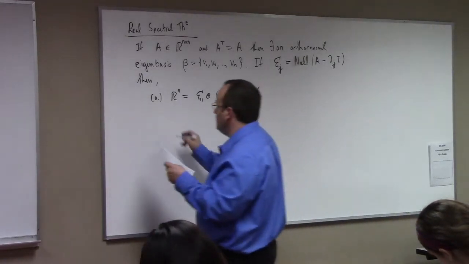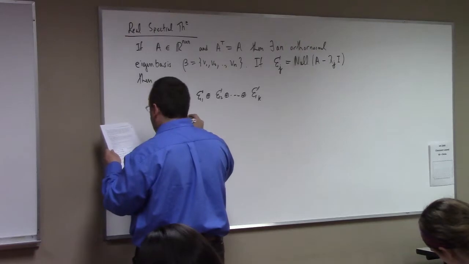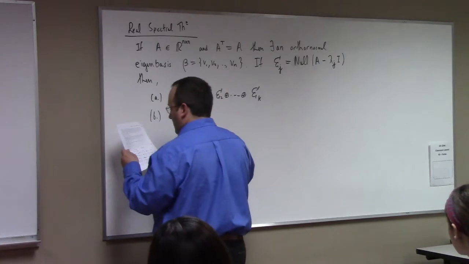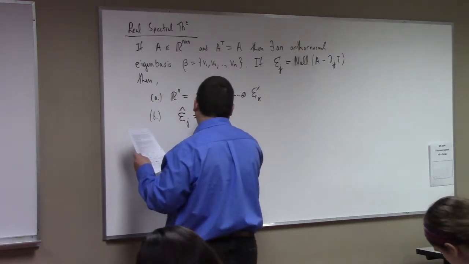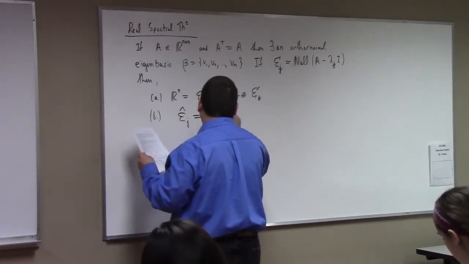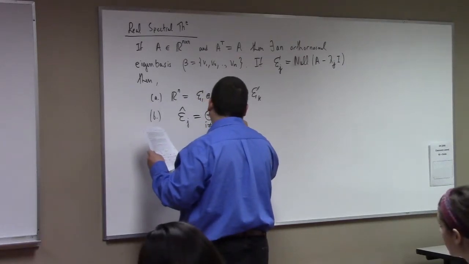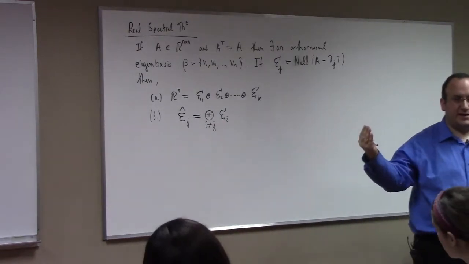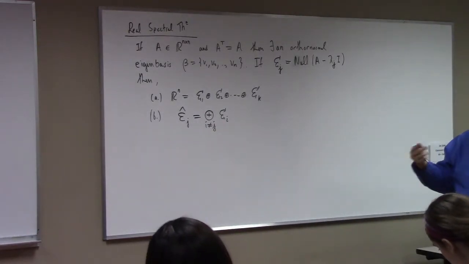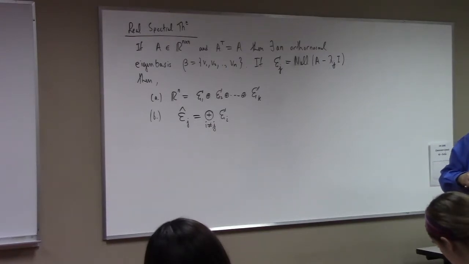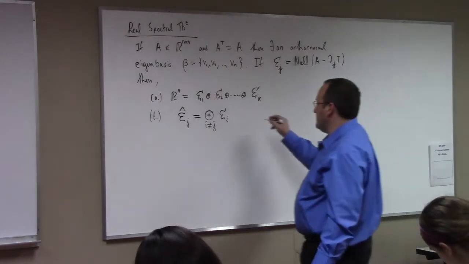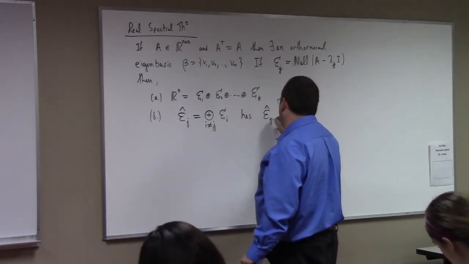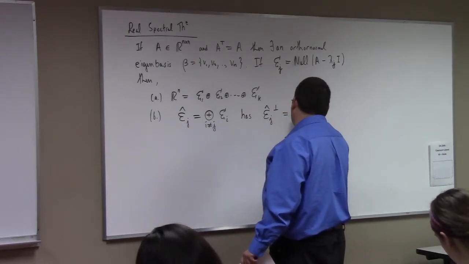And B, if you say that E hat sub j is the direct sum of i not equal to j of E sub i. So do you understand what I mean here? I mean direct sum of everything except for the jth one, right? Then the orthogonal complement to that is, guess what? It's just the jth eigenspace,